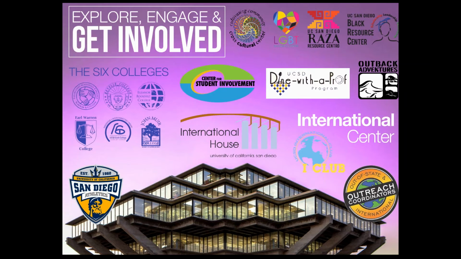There are many ways that you can branch out and explore your passion on our campus. In addition to the many programs that each of our 6 colleges coordinates, there are community resource centers that provide a way to connect, Outback Adventures that help you explore by organizing adventure trips, as well as UC San Diego Athletics, which has discounted and free tickets to all of our Triton team games.